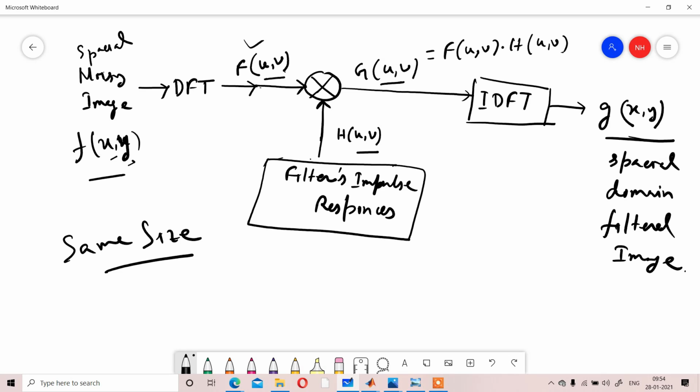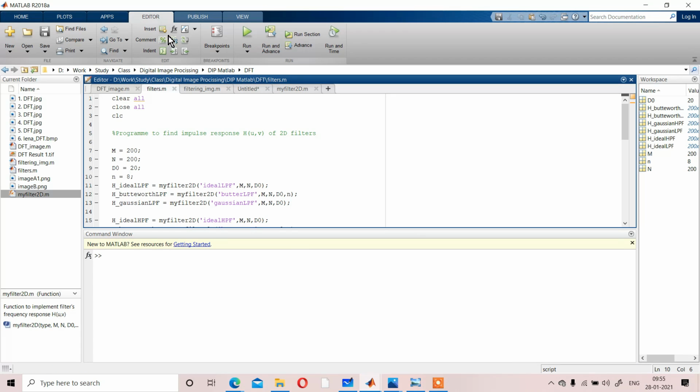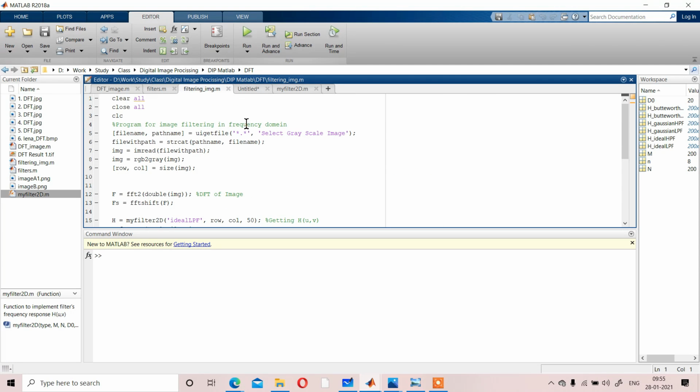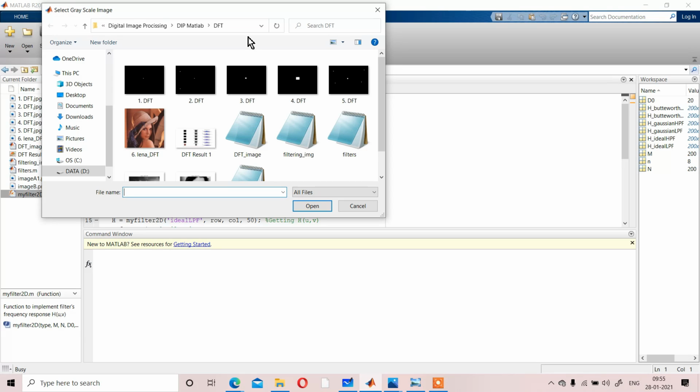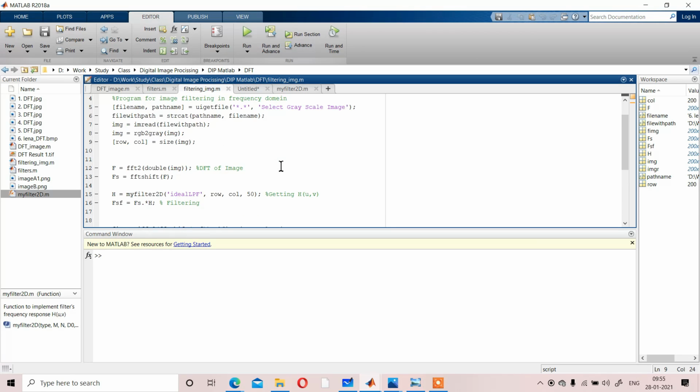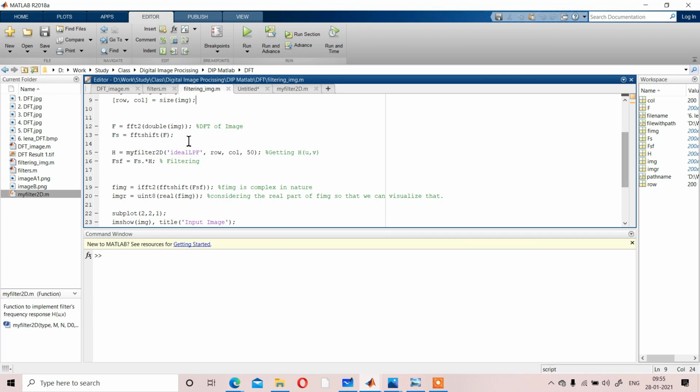If we see the example, you can see here, suppose we are considering the Lena image. First, we considered an image from our data set, and we did the DFT over that image.